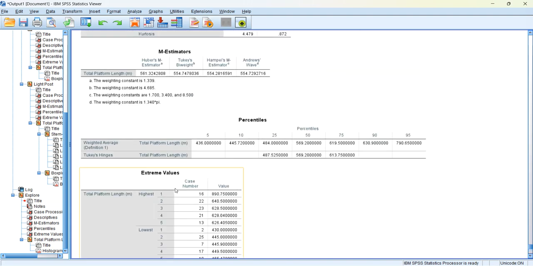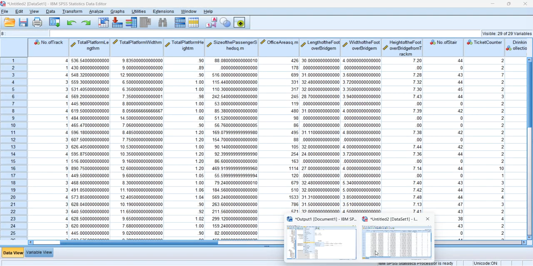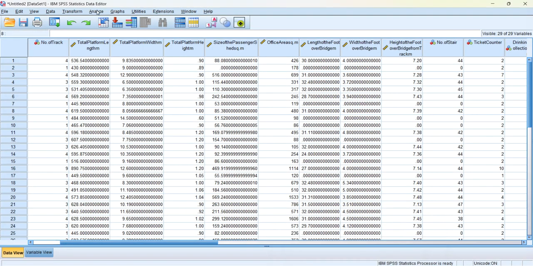Even you can perform this for all kinds of data sets also. Got it? And then go to here. Actually, this is the output view. Okay, fine. So then go to here,